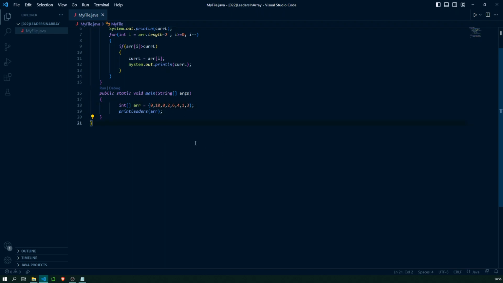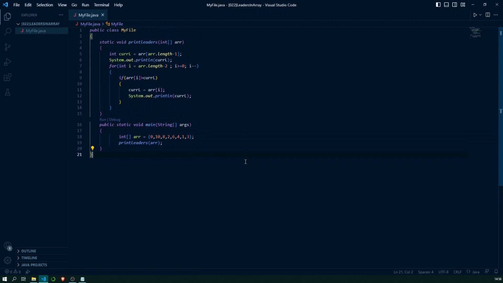The order doesn't matter, all that matters is you are able to get all the leader elements, and it is more optimized as well because the time complexity is O of n and we are using just a single for loop, so whatever we are doing is in a single pass. So that's it. We have basically discussed two approaches, one brute force and the other optimized one with time complexity order of n working in a single pass.